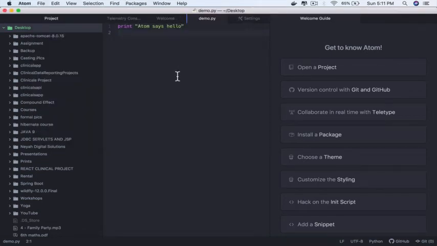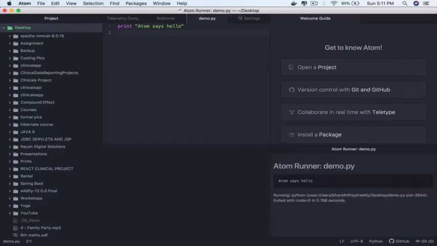You can simply hit Control R. That will execute your program. If you are on Windows, it will be Alt R. If you are on Mac, it is Control R. Here you see the output. Atom says hello. So this is how you can execute your Python scripts from within the Atom IDE.